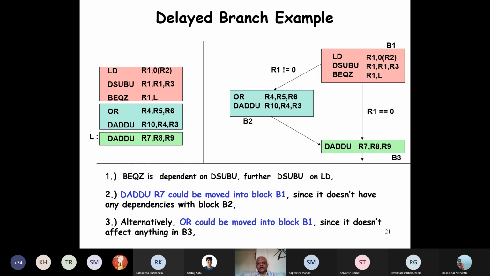But then the usefulness of this is conditional on whether the branch is taken or not taken. Sometimes this computation will be wasted. But if it is before the branch, then the result is definitely going to be useful. And therefore, when restructuring the code, we should first look at the instructions before the branch and then look at the fall through or the target path to find an instruction. And sometimes it may happen that we find no instruction, and in the branch delay slot we have to put a no-op instruction. So given a simple code, we should be able to restructure.